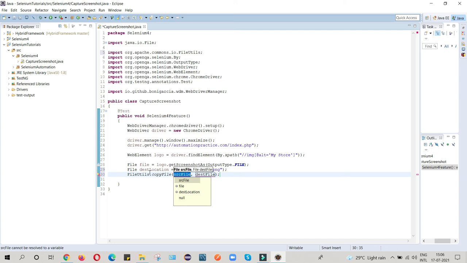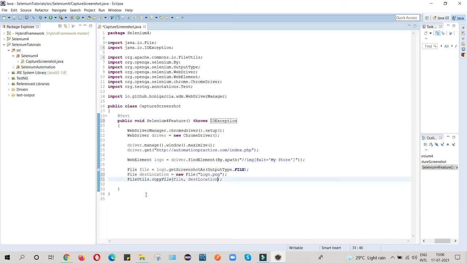My source location is my file, so I just copy and paste that file name here, and the destination location is this. This is showing some error, so we need to provide exceptions. Now my last step will be to close the browser.